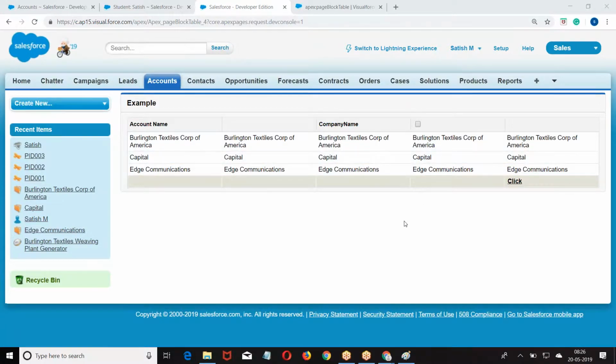So we are giving a column with header and body. In the column header, by default, when you are referring to a field, the field label will be displayed on top. Now if you don't want that field label, you want to give your own name, then you can go with the header value.